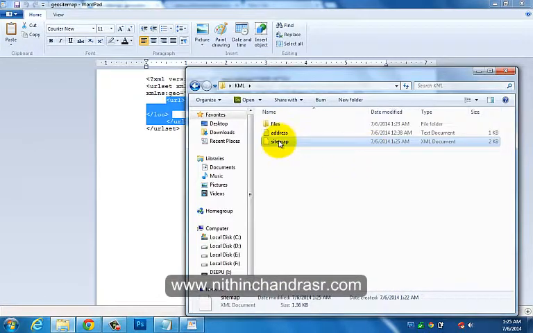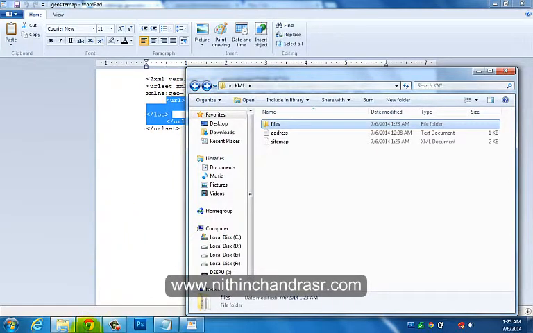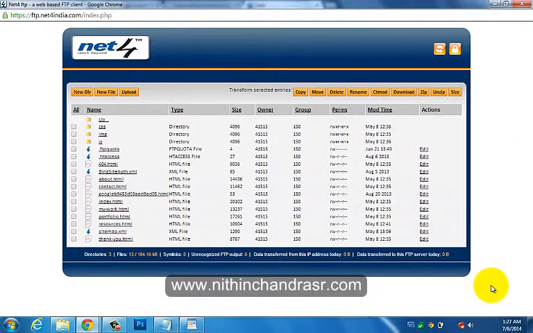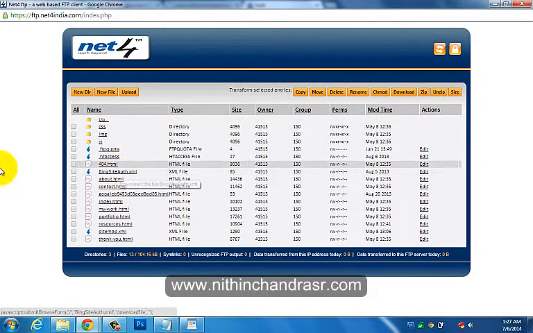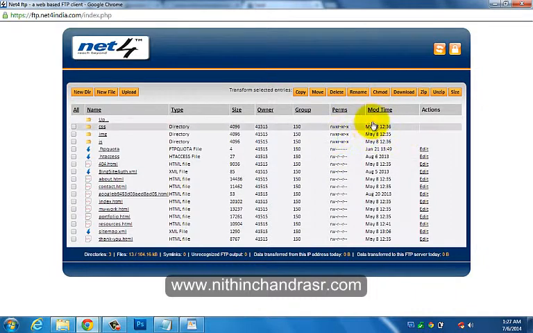So we'll upload this new sitemap and locations.kml file to my root server. You can see the root directory of my website, where you can see all my files, sitemap.xml, index.xml and everything, in the root directory. As I mentioned, we'll upload location.kml and sitemap.xml to my root directory.